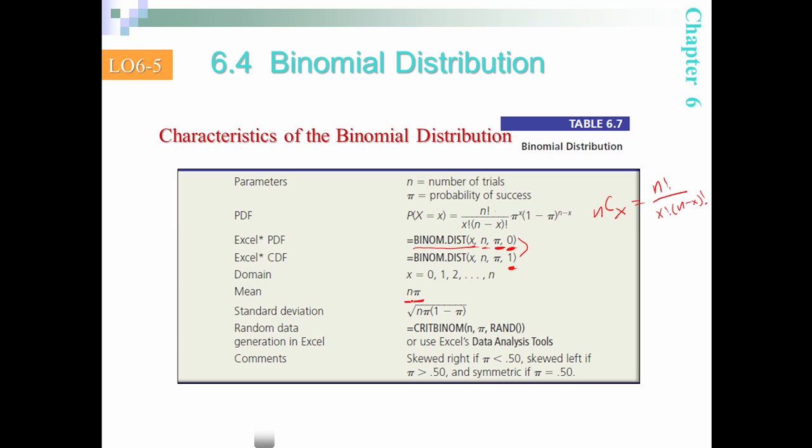And if you're going to shoot 10 of those, how many would you expect to make? Well, that's the mean, n times pi. And that makes perfect sense. If I shoot 10 and I shoot 70%, I would expect to make 7 out of the 10. So to get the standard deviation, we're going to take the square root of n times pi times 1 minus pi,